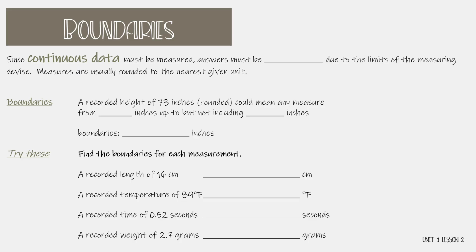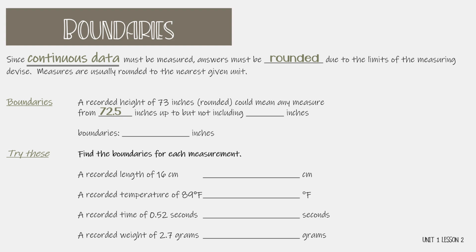Since continuous data must be measured, answers must be rounded due to the limits of the measuring device. Measures are usually rounded to the nearest given unit. So here's an example. A recorded height of 73 inches was rounded. It could mean any measure from what's the lowest lower value that would round up to 73? That's 72.5 inches, up to, but not including